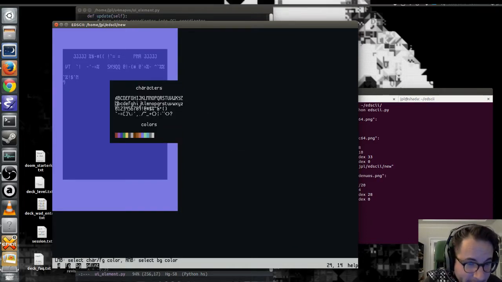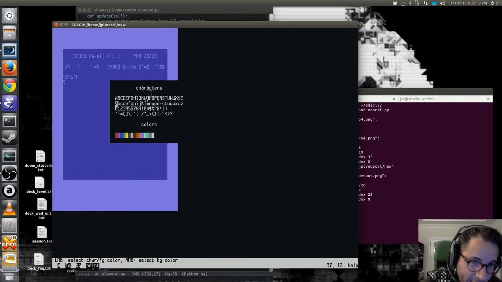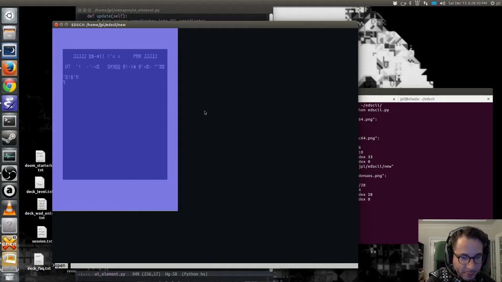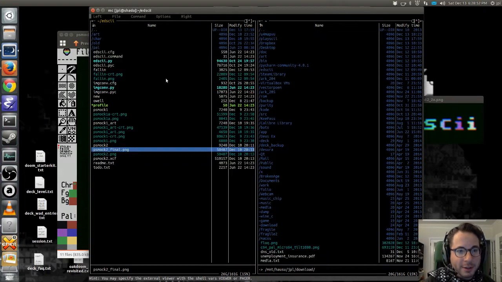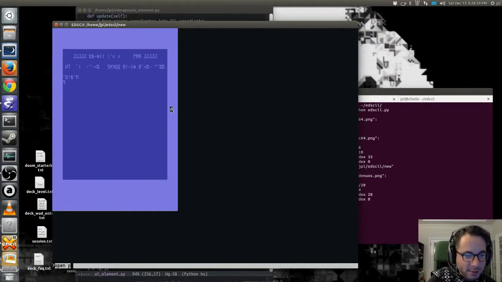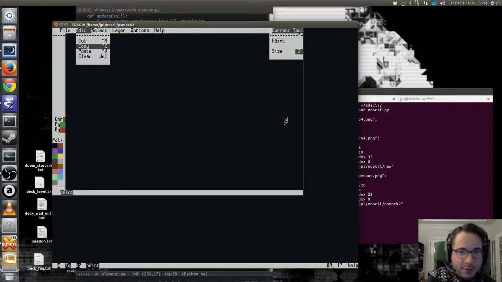And yeah, it's kind of like a 1x2 aspect, old-looking computer font thing, and it's got some weird quirks here, like the A is kind of taller, so that I could have that style of A. Anyway, let me open up... What did I call it again? PS Mock 2. So yeah, I actually did this mock-up in Edscii,